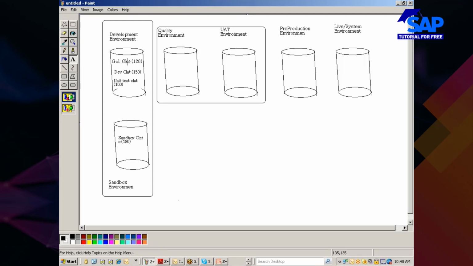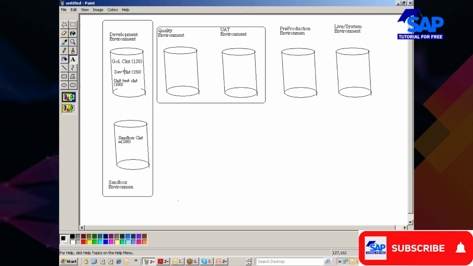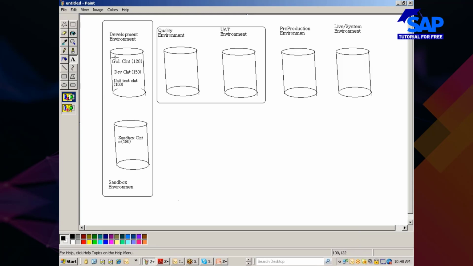Golden client is the one from where all the transport triggering should get started. Sometimes golden client and development client can be the same, but for safety reasons, normally people separate them.